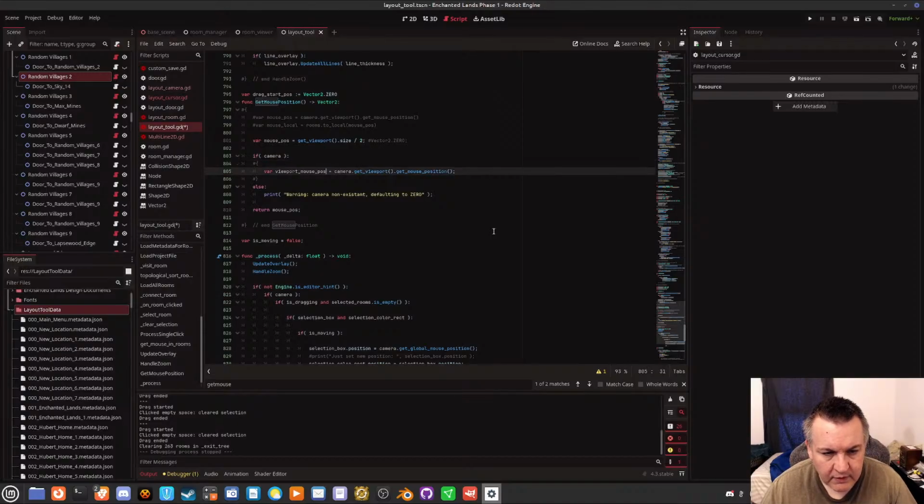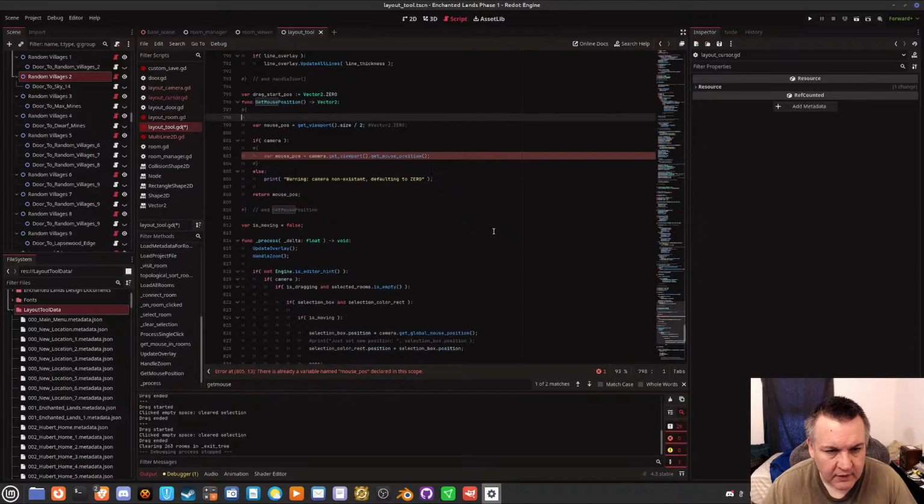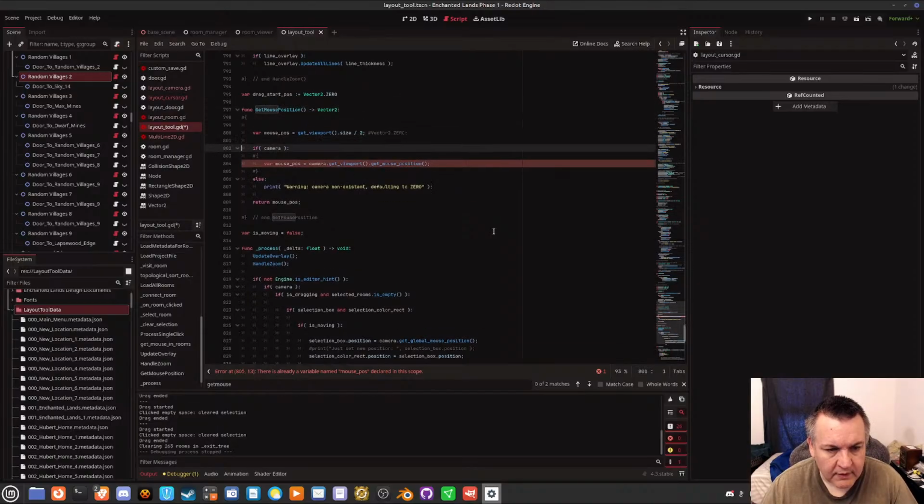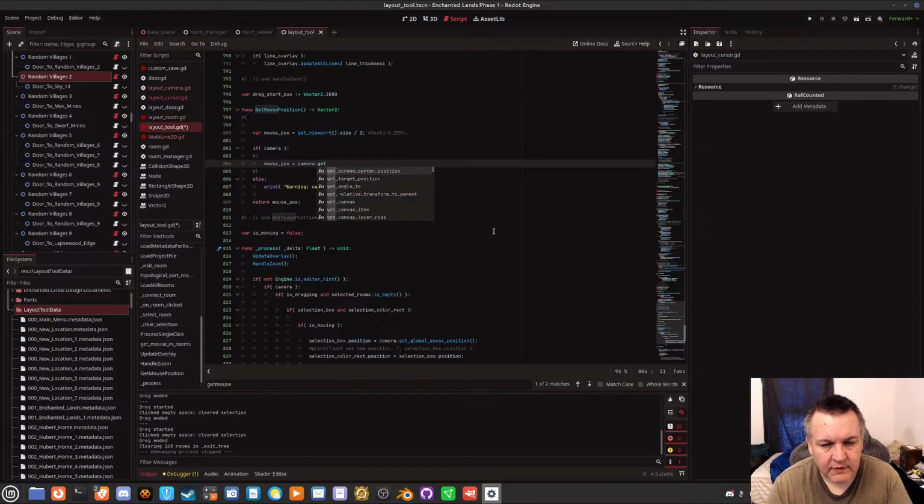If camera mouse pause equals. Actually, we're going to take these out too. Mouse pause equals camera dot get global mouse position like so.